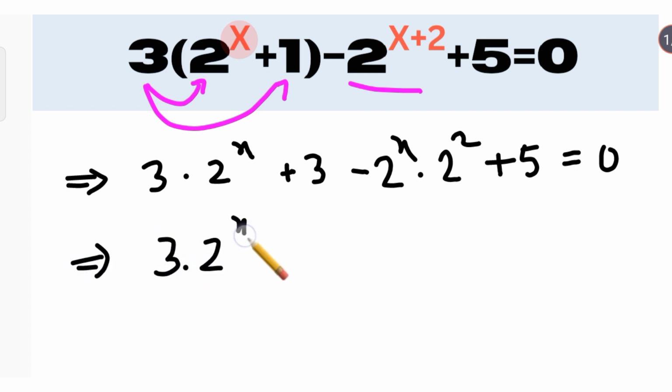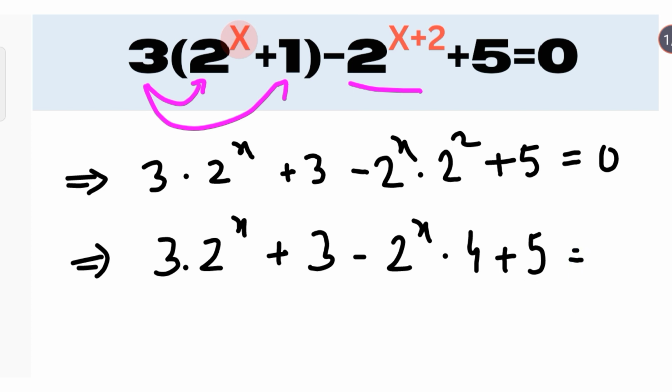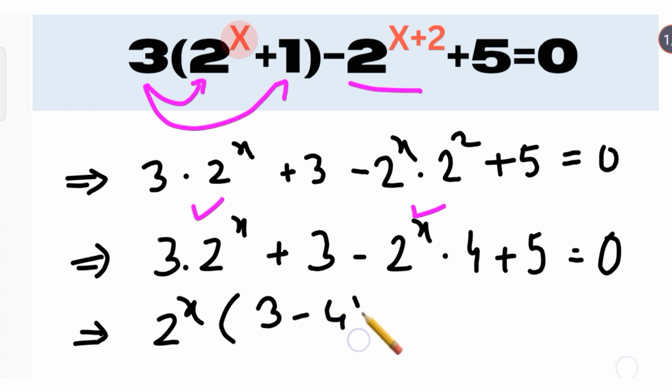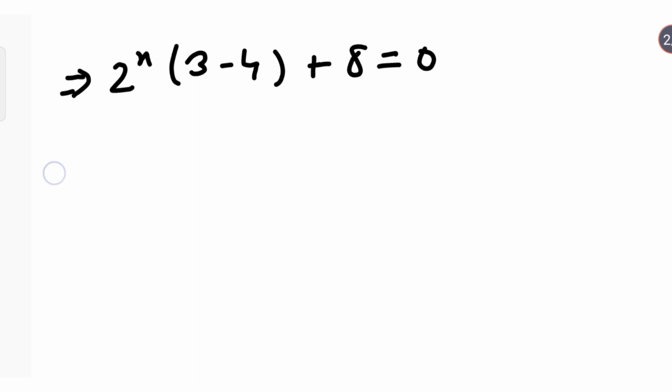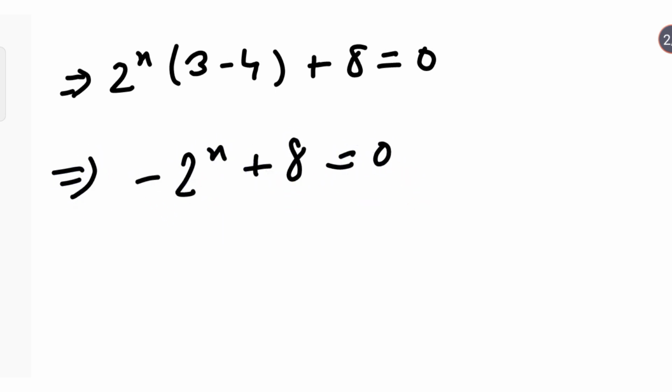So we have 3 times 2 raised to the power x, plus 3 minus 2 raised to the power x times 4, plus 5 is equal to 0, which implies that we will now first take these two terms. So we can take 2 raised to the power x as common and 3 minus 4 is within the bracket. Now let's get these two constant terms and add them, so we will now have plus 8 is equal to 0. This implies that minus 2 raised to the power x plus 8 is equal to 0, which implies that